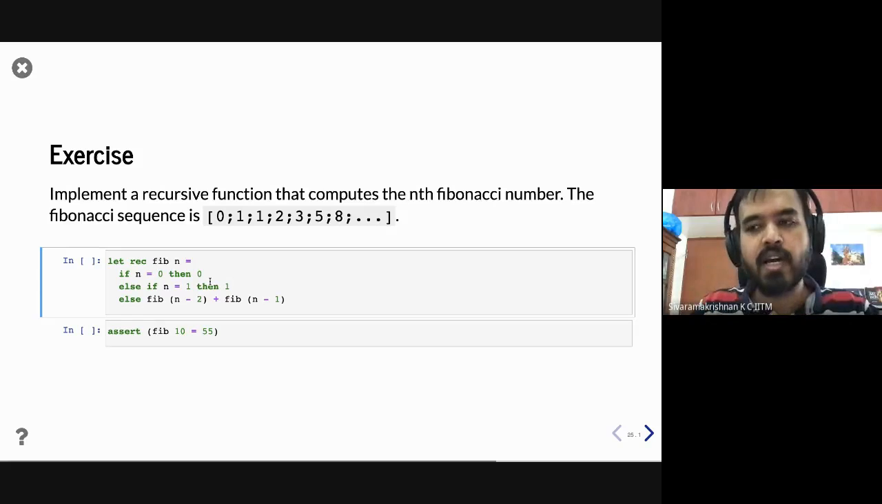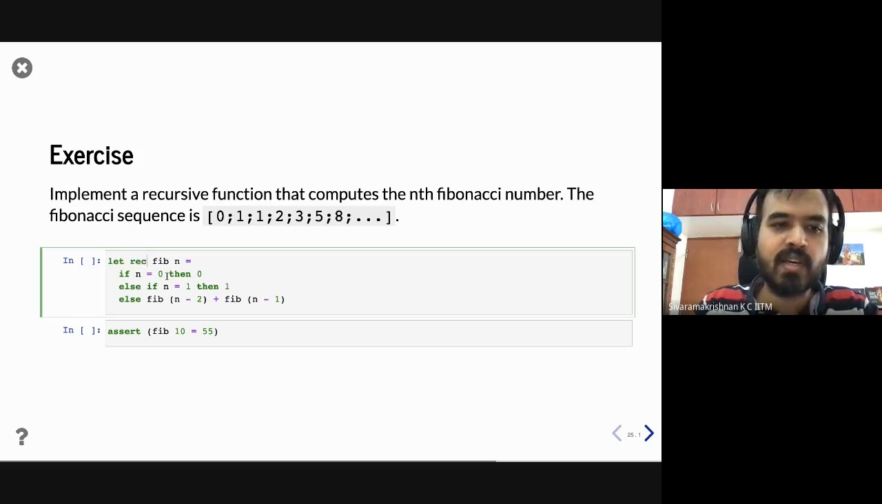So, we write the exact same thing here, except that we have to do some syntactic differences to say that this is a recursive function. It takes an n. If n is 0, then 0. And